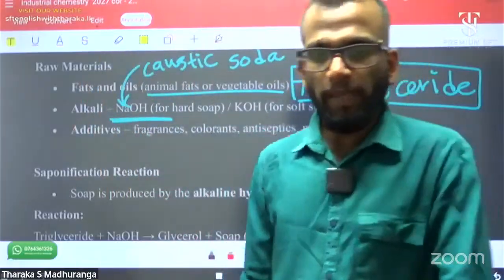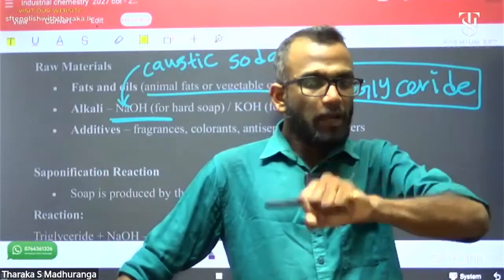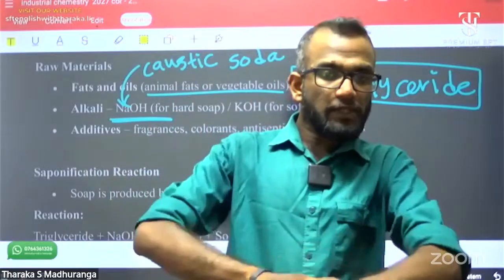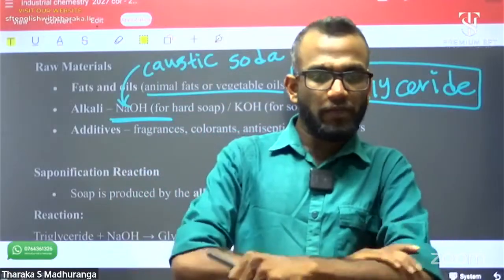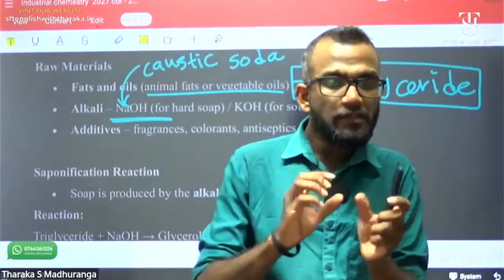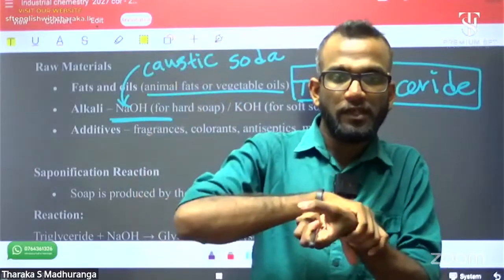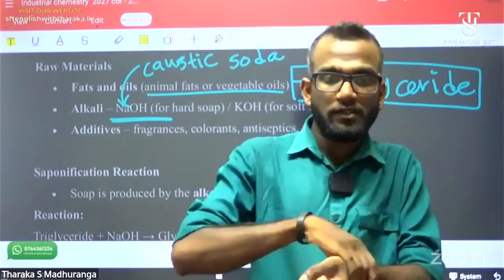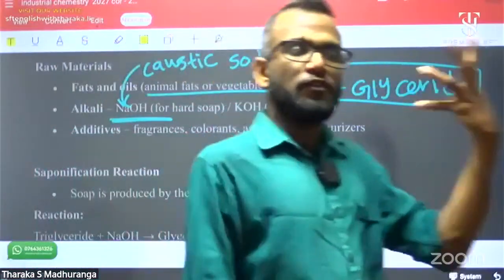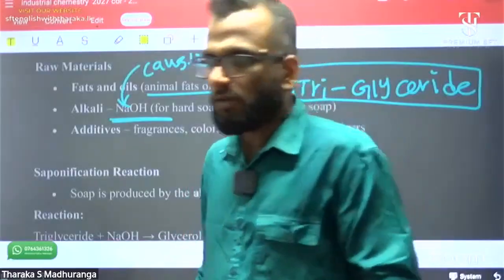Okay, what do you think? If sodium hydroxide, that means caustic soda, contacts our skin, it burns, remember. Sodium hydroxide is a highly basic compound. Highly basic means it is toxic and burns our skin, just like powerful acid. Powerful acids and powerful bases are both toxic to our skin and burn our skin.